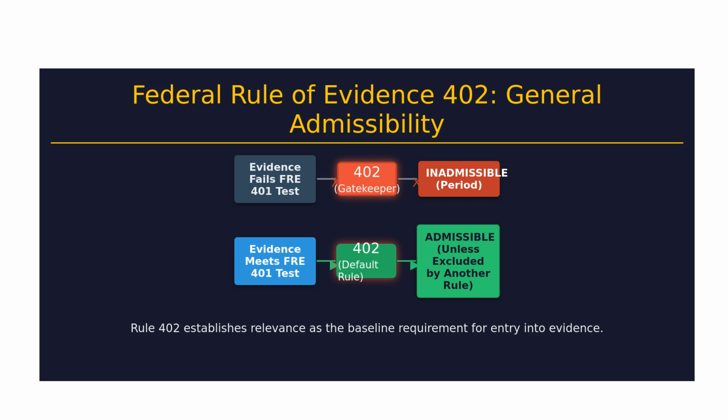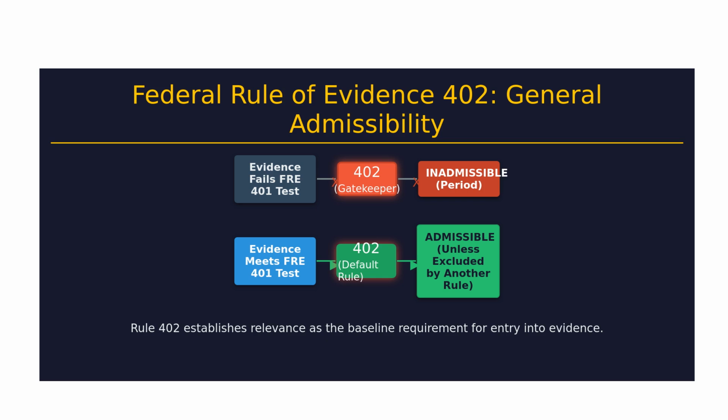However, if the evidence clears the hurdle of relevance, Rule 402 dictates that it is generally admissible. This is the default position. But this admissibility is conditional. Relevant evidence is admitted unless another specific rule of evidence requires its exclusion. This sets the stage perfectly for our next discussion, where we examine those exclusionary rules, starting with the balancing test